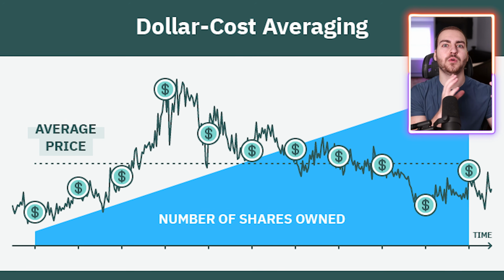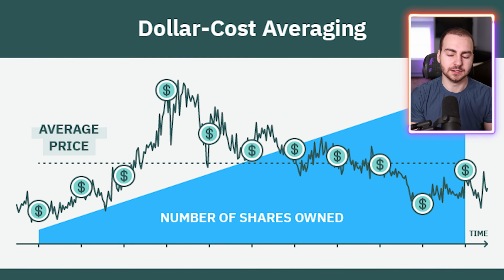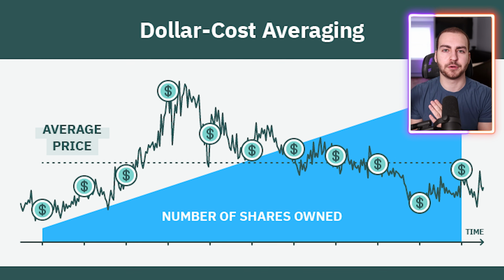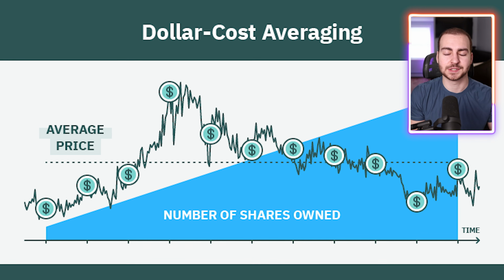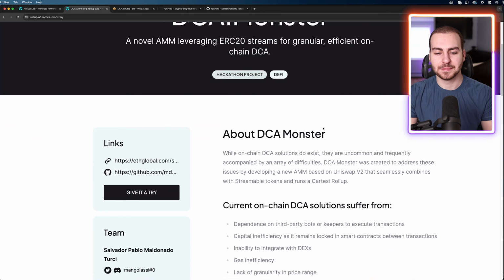So instead of putting all your money in at once and potentially buying really high or I guess really low, you're mitigating that and you're putting in a large sum over a period of time so that the fluctuations in the market aren't going to affect your overall investment as much. I'm not an investment advisor, so take what I say with a grain of salt here, but that's the basic